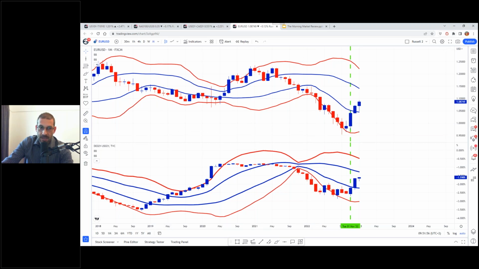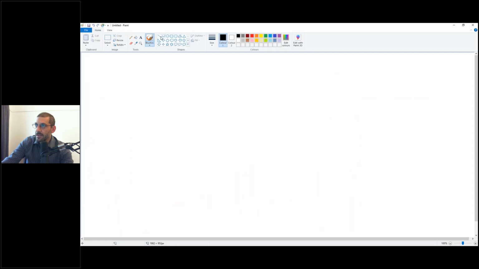Now, let's talk about inventories, okay, because I think that it is quite an interesting story there. I'm going to bring up Microsoft Paint, and effectively what happens is there are two parts of the business cycle when inventories are going to jump. So inventories jump across, let's call it a baseline, near the beginning of the cycle, and they jump above the baseline towards the end of the cycle. And they're jumping for two very different reasons.